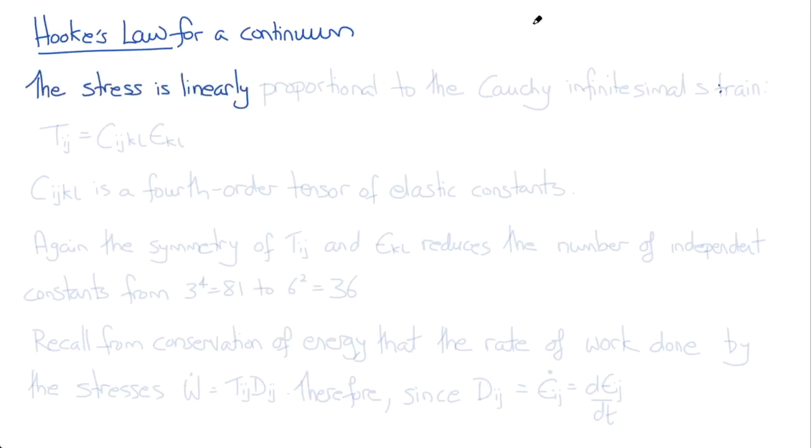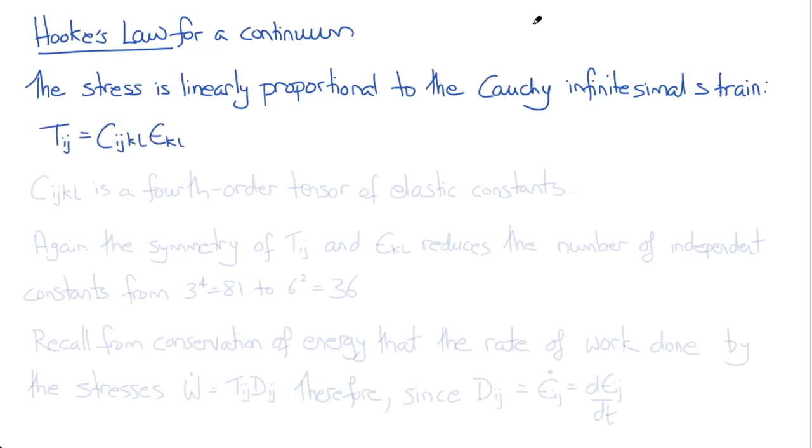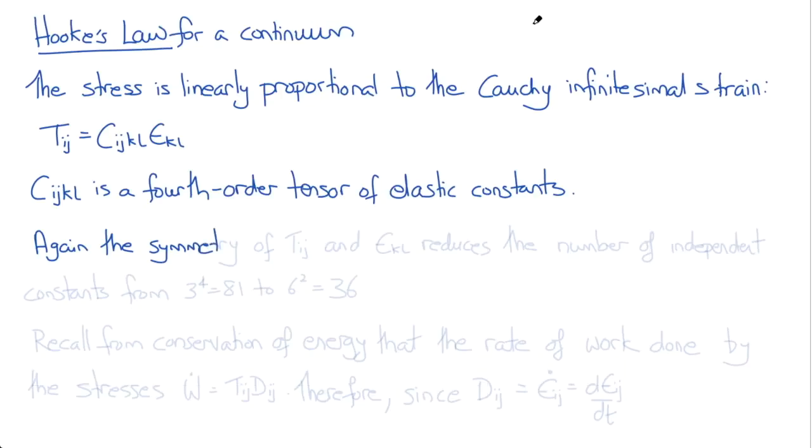In a linearly elastic Hookean solid, the stress is linearly proportional to the Cauchy infinitesimal strain. So we can write that the components of the stress tensor Tij equals Cijkl times epsilon kl, where Cijkl are the components of the fourth order tensor of elastic constants. Just as we reasoned for the linear viscous fluid, this tensor has a total of 3 to the 4 or